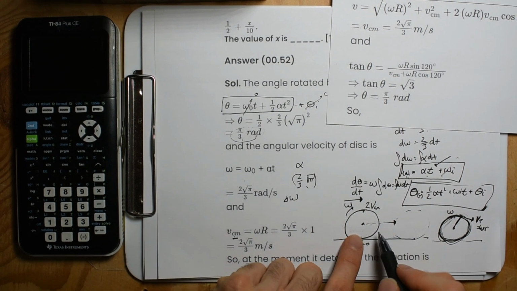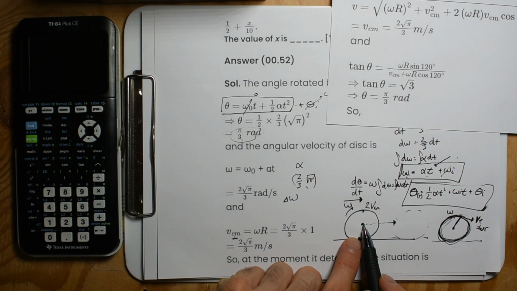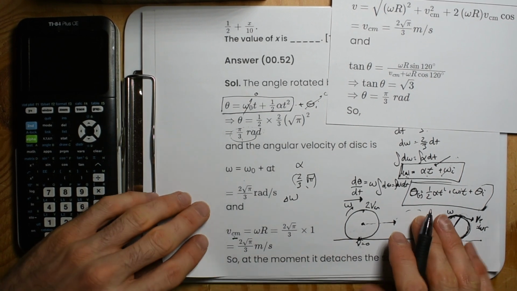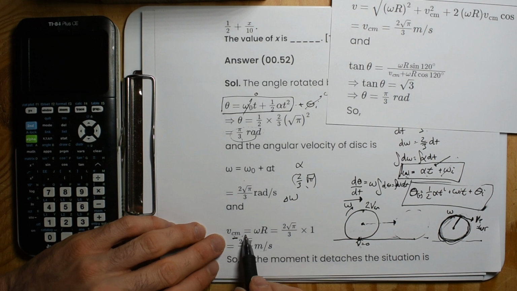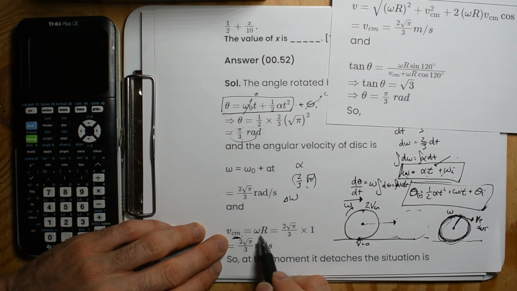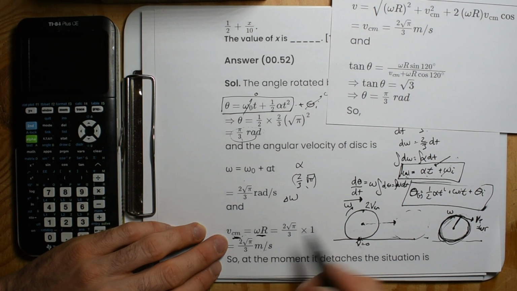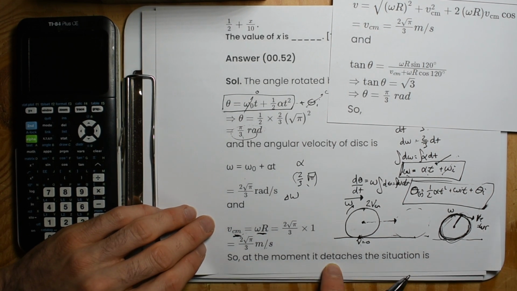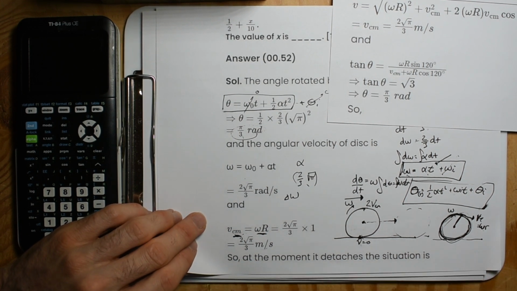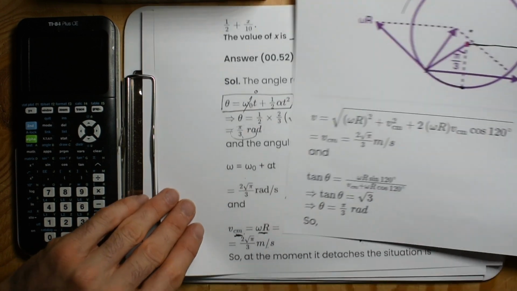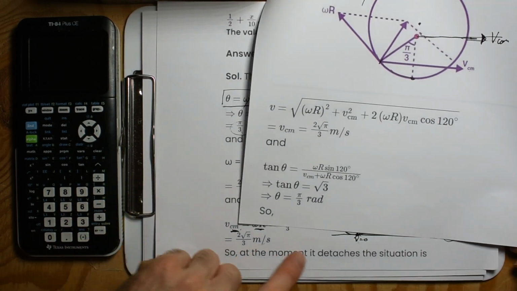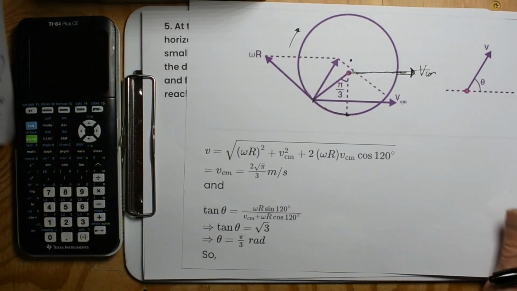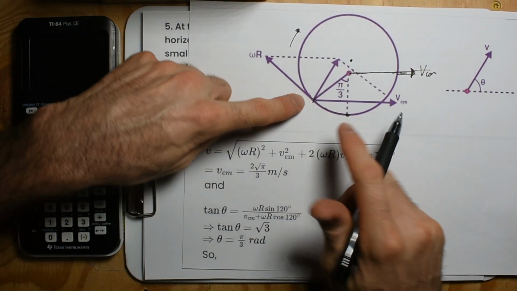Huh. Yeah, I would think that the velocity of the center of mass is just half that then. Well, where am I getting that wrong? Because they're saying the velocity of the center of mass is omega r, just omega r. Oh, that's fascinating. Alright, so then let's move on. So they say, at the moment it detaches the situation, then the velocity